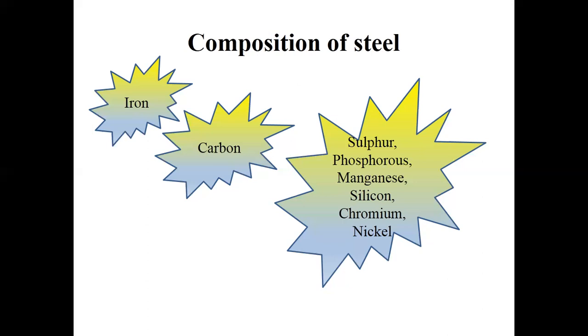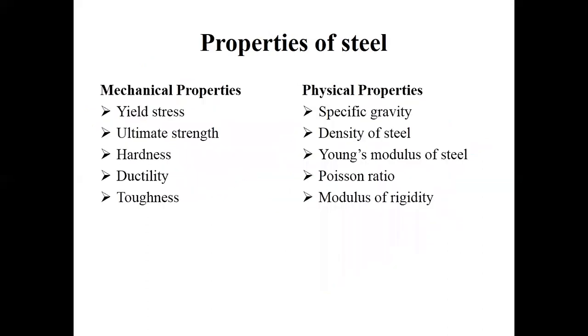So it is used for reinforcing materials. The different shapes are there: I sections, channel sections, angle sections are all there. Medium carbon steel is used in rails, for making tires, and wherever high tensile strength is required, this kind of steel can be used. And high carbon steel is used to make stone masonry tools. For example, to make this hammer, they will be using this high carbon steel. Next, we are going to discuss the properties of steel.